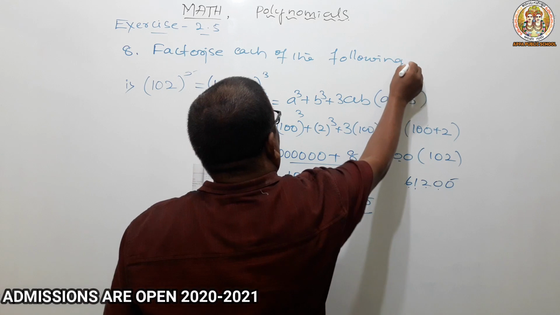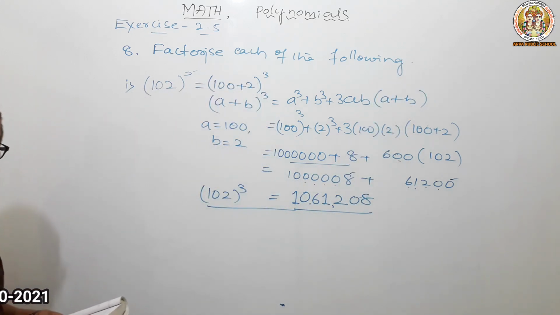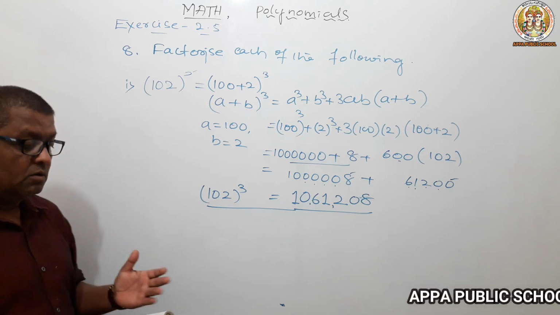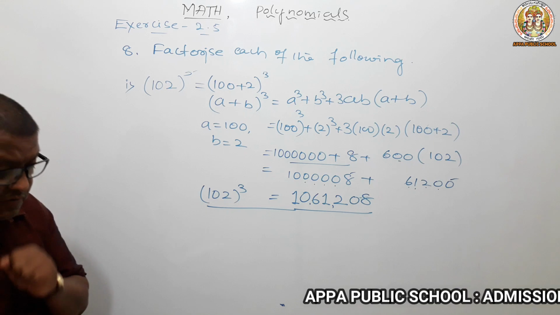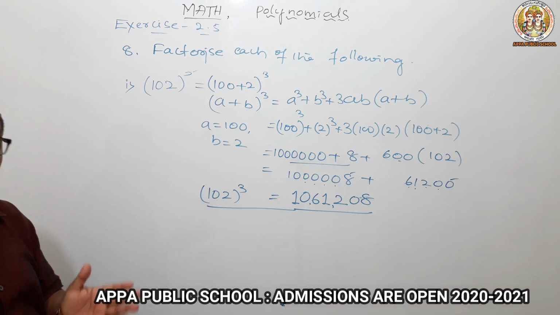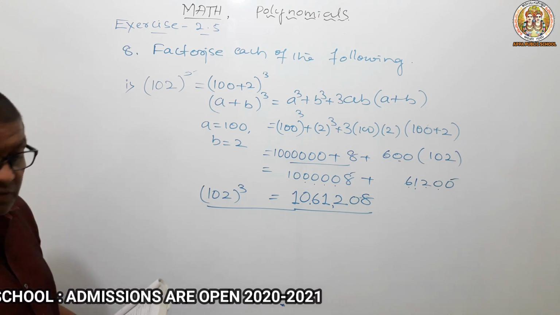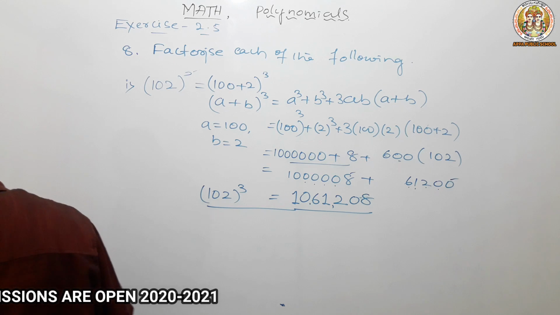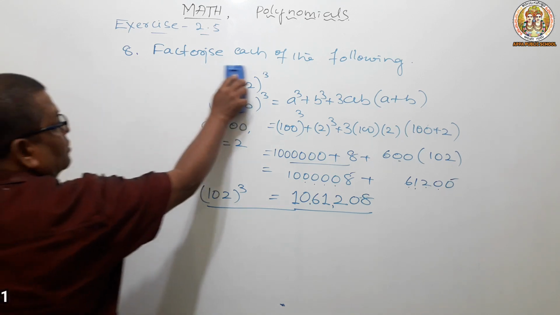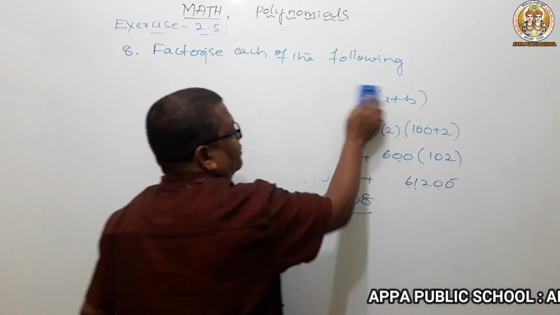Okay. So here also some questions are there. In the 4th and 5th bits, what did we do? We used LHS to RHS once. In the 5th bit, RHS to LHS. In the 6th bit, we went LHS to RHS. Now in the 8th bit, RHS to LHS. So same formula, reverse order. Let me see how we are going to solve by using the converse, meaning RHS to LHS.